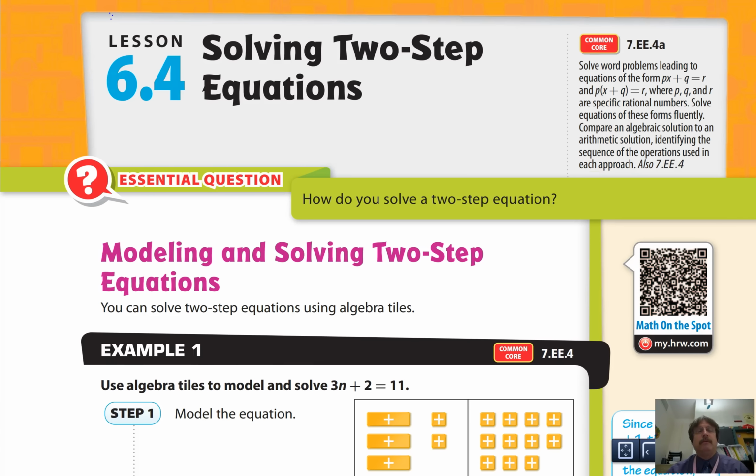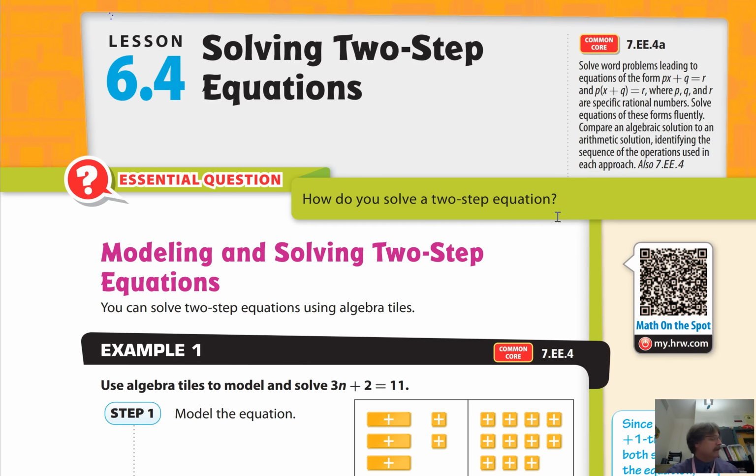In lesson 6.4, solving two-step equations, we're going to continue on with 7.EE.4a. And our essential question is, how do you solve a two-step equation? So we're really building on the work in 6.3. The items that we're going to work on, some key understandings, is isolating the variable means getting the variable